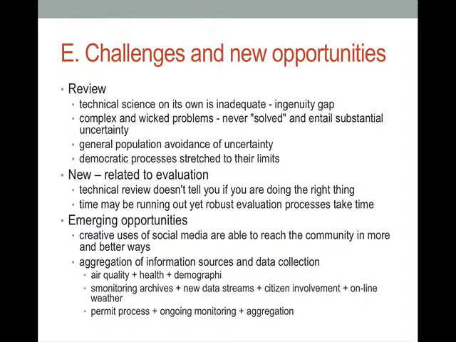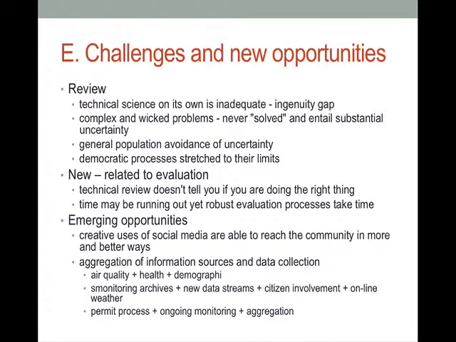And then there are some emerging opportunities that I think are relevant to this course. One is we can create new ways to have social media. So we talked about this being a small town, but what if it was a town of several thousand people who didn't see each other all the time? Maybe they needed more connectivity in the community. So there are new ways to get that information out within the community to increase involvement.